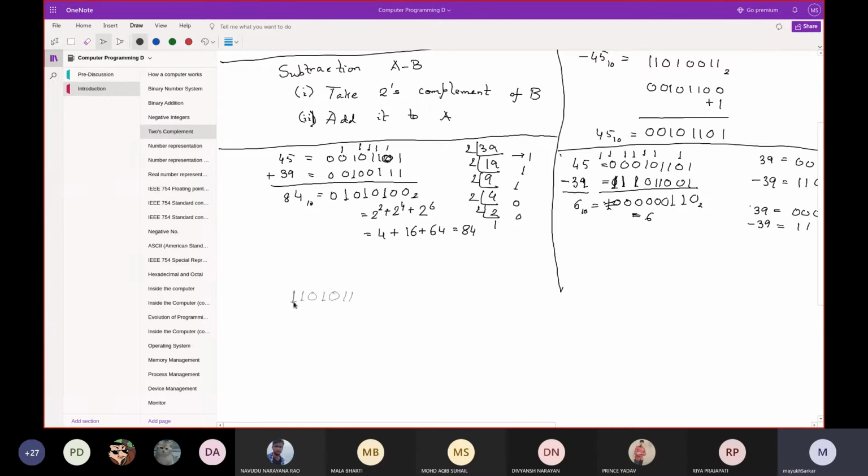Now when the first bit is 1, as you have also seen, the computer only takes these bits blindly and does the operation that you tell it to do, right?